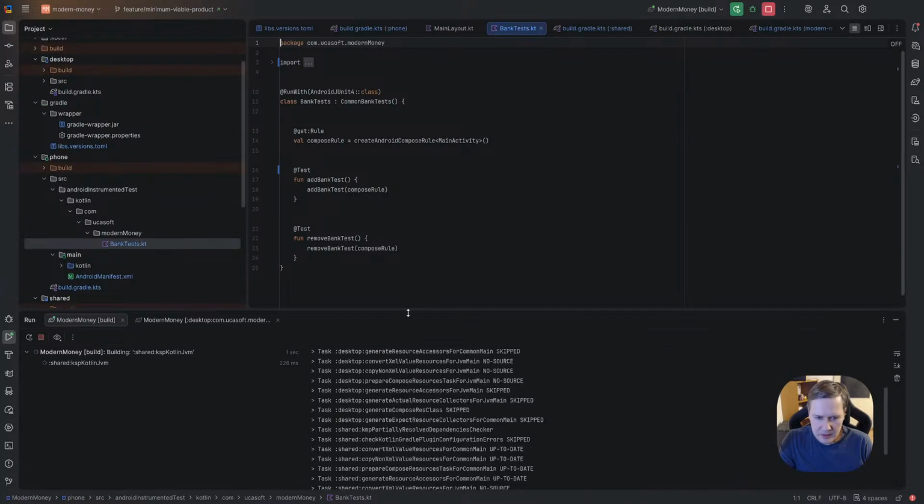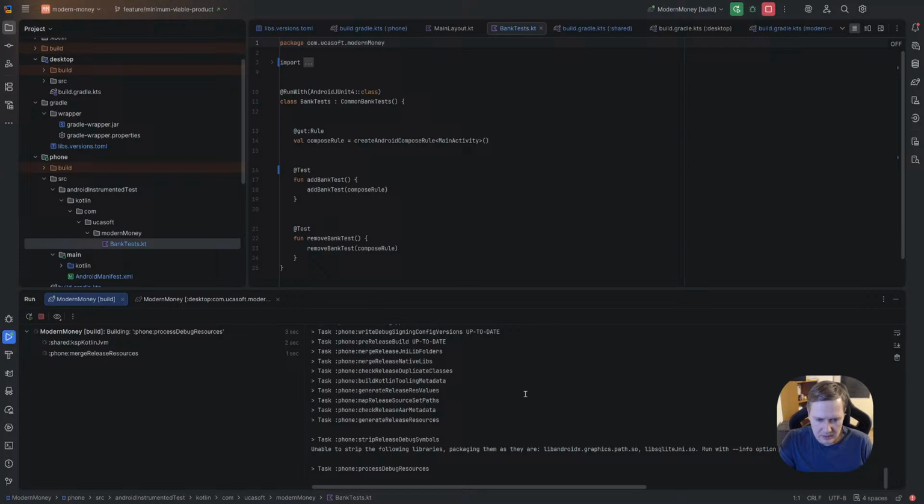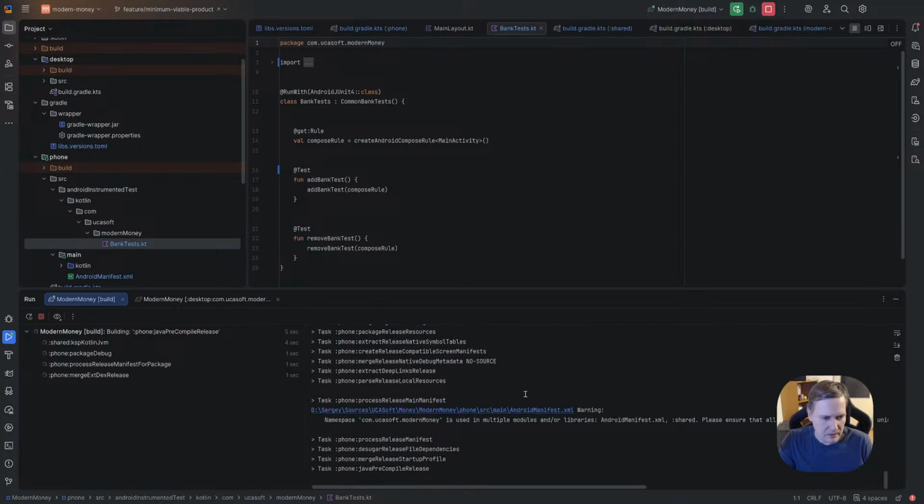So if we build it, what will it show us. So we don't have instrumental test.